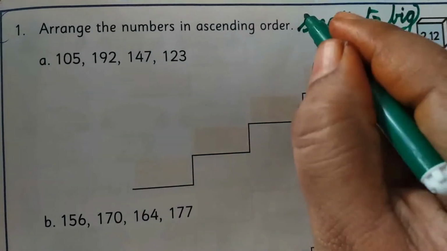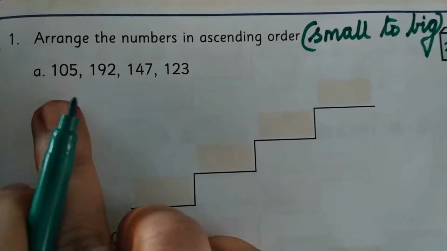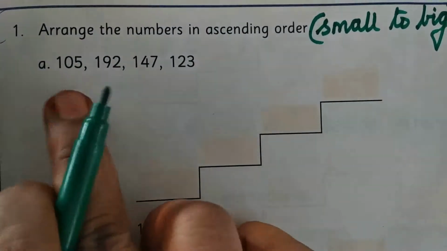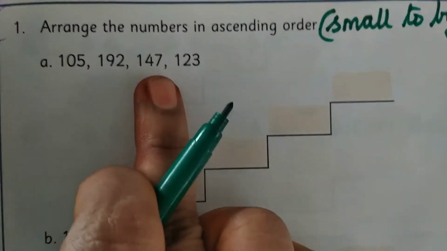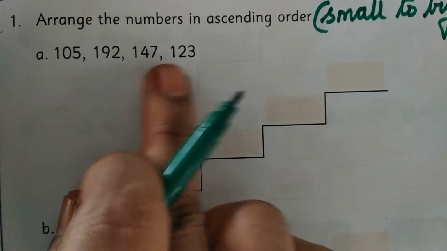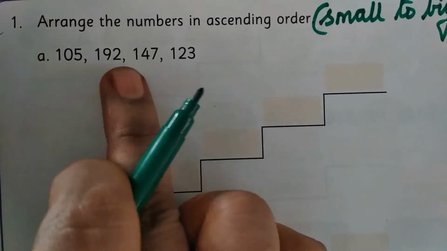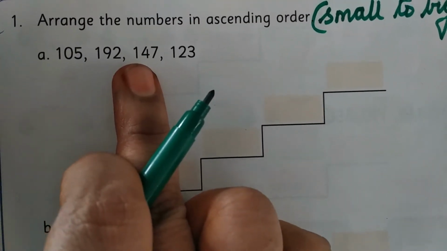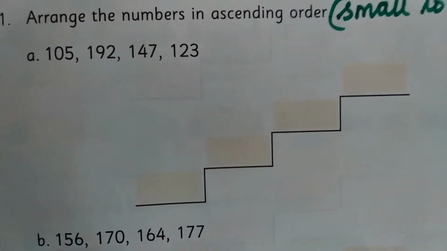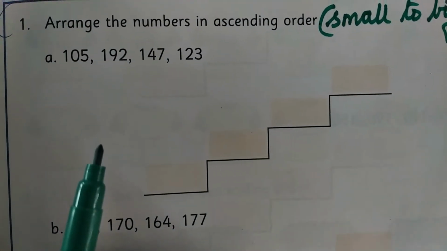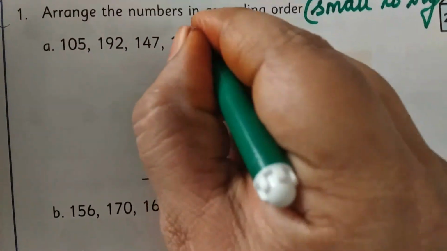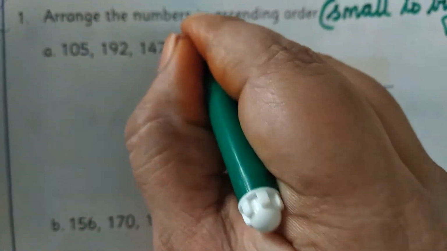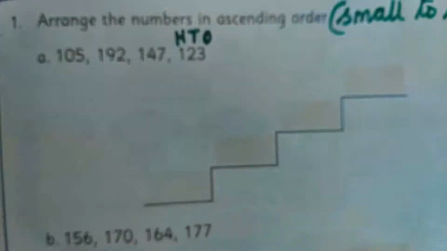Now we want to arrange these numbers. So first we want to find which is the smallest number, isn't it? Yes. How to compare these numbers, children? In the last session we have learnt, isn't it? How to compare. In which place will we see first? Yes, very good, hundreds place.